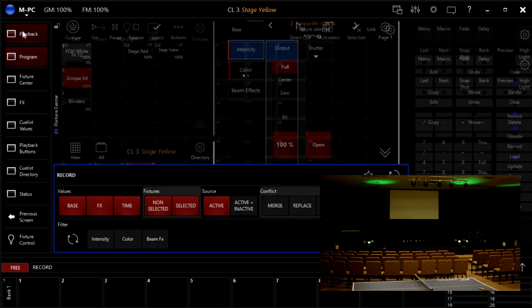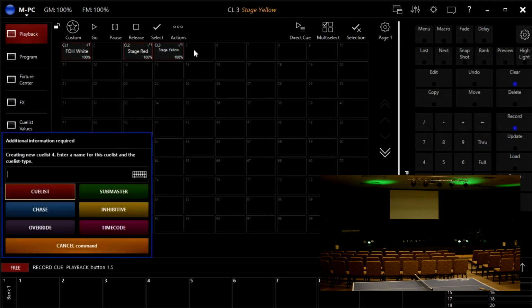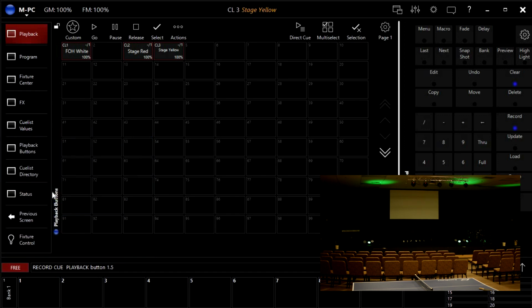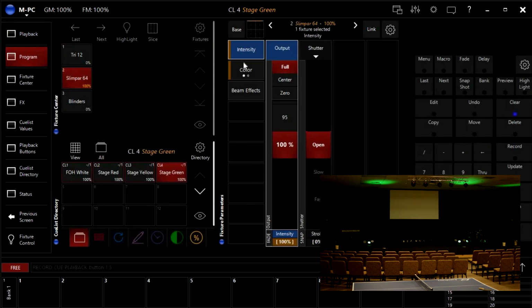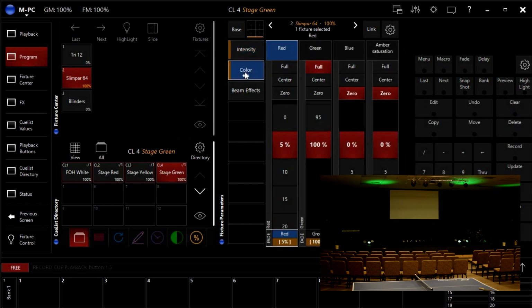record, go to playback, and we'll call it stage green. Cue list. Okay, let's go through that again. We go to program, we go to our color,